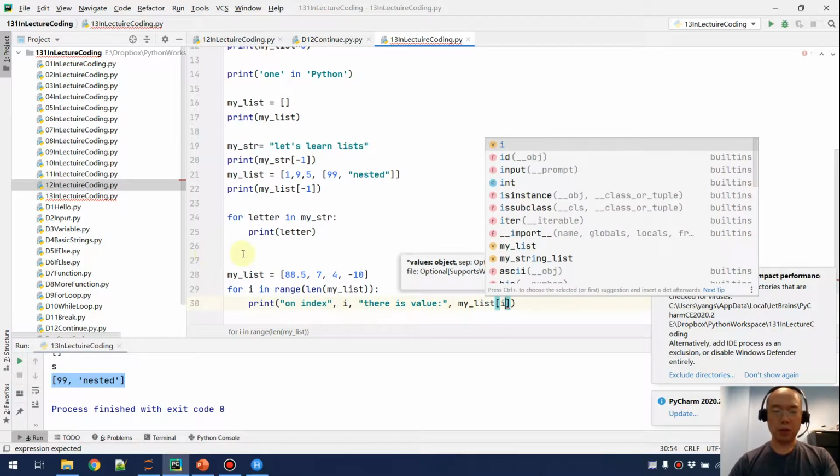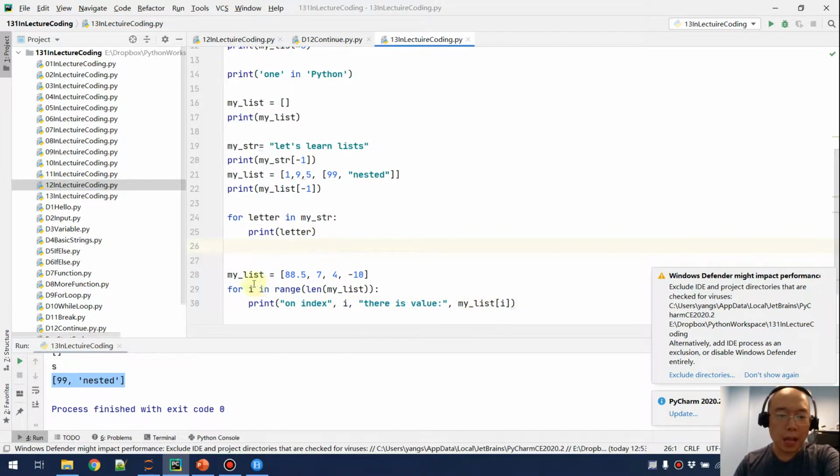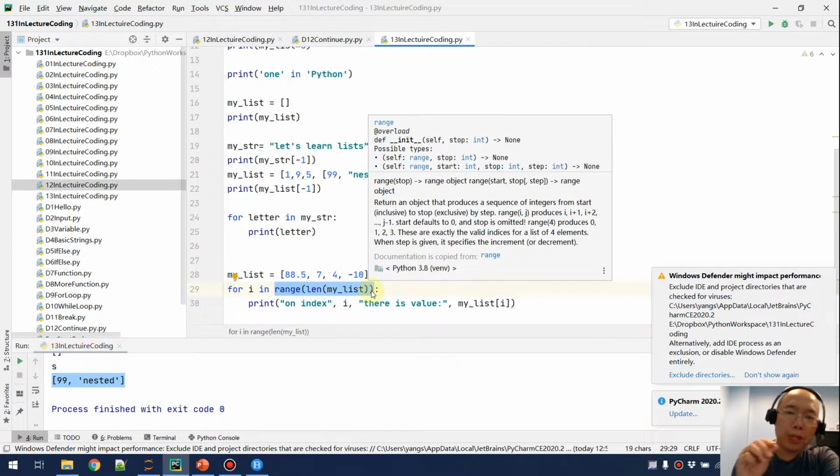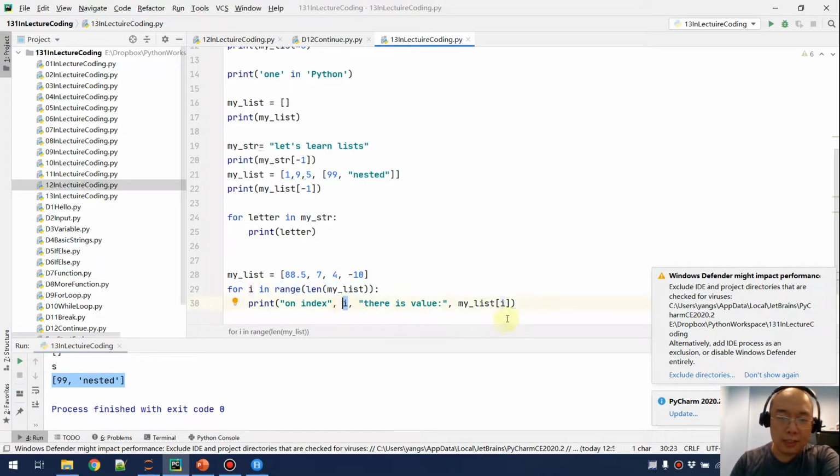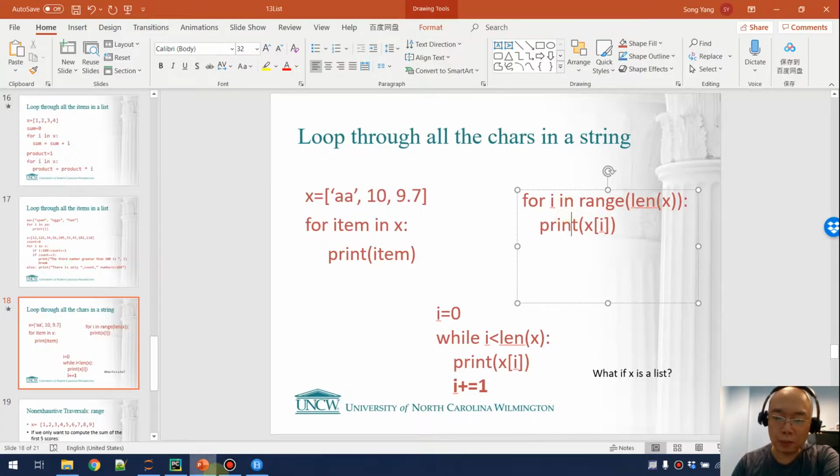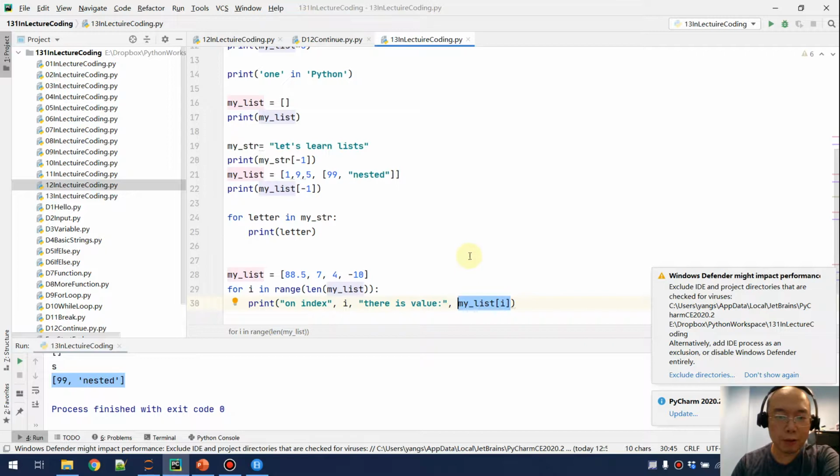Okay, so let me show you this code, and I'm using i as an index, right? For i in the range of the length of my_list, I'm outputting both the index and the value on that index. There's nothing surprising. I'm using the second version of the iteration, which is this one, right? And then if I want to run that,